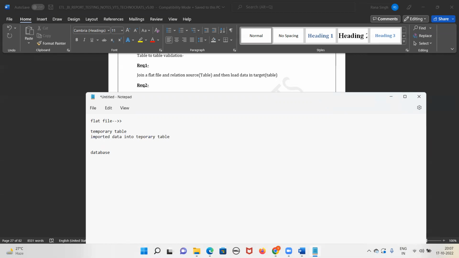And then what we'll do? Then we can join with the other table and do the validation. Suppose in this database there's a table whose name is T2, and here the name of the temporary table is T1. So to validate the count, what we have to do? We have to join table 1 and table 2. So if we do the count validation,